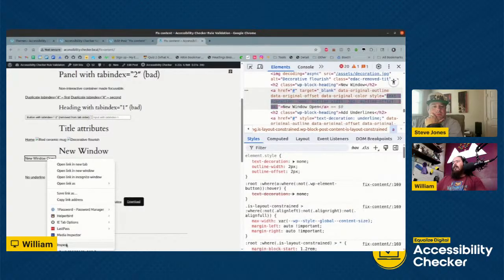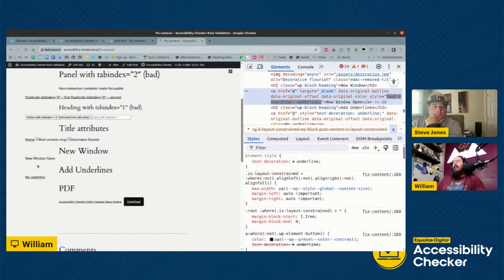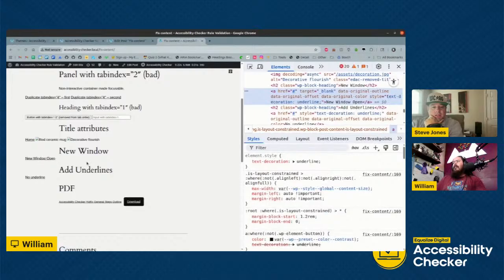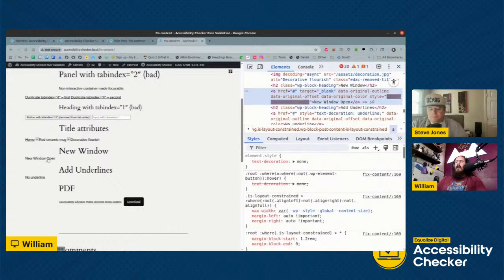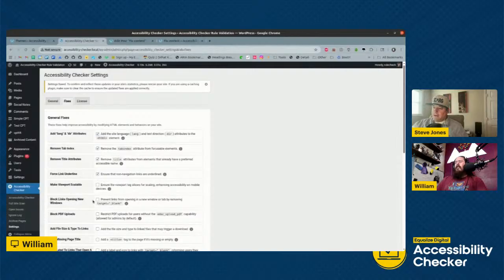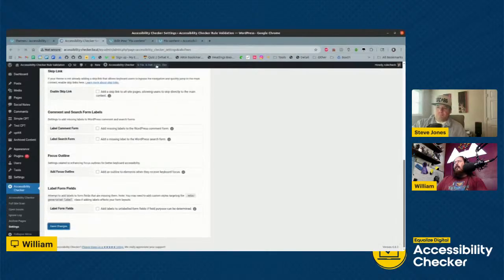So let's show them how we can actually inform the user, both a visual user and a screen reader user, that a link opens in a new window. As a visual user, or in fact any user, for me to know this link would open in a new window, of course my link text says new window open, but not all of them do. The only way for me to know would be to inspect the code and see target equals _blank on the anchor tag. So if I come back to the fixes and enable the fix to block links opening in new windows, I save that fix,